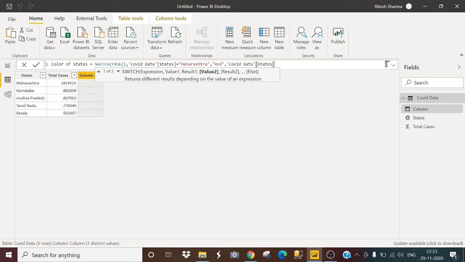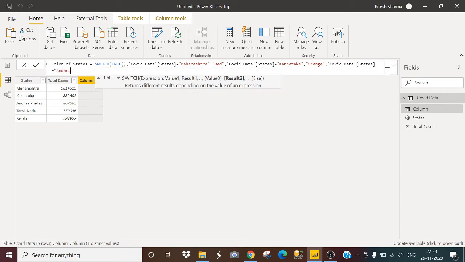Now I will again select my column States, States equal to Karnataka, and I will give the color orange. The next state will be Andhra Pradesh, and I will give the color yellow. For the rest, I will give the color blue.